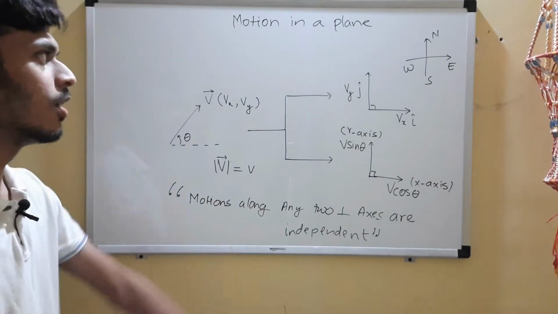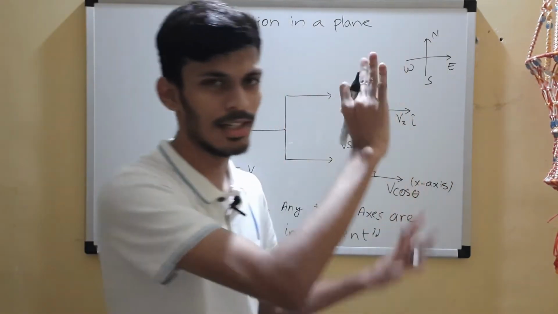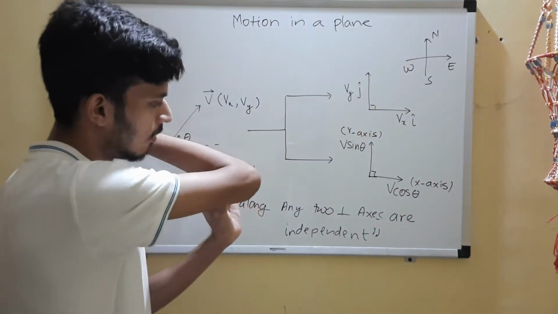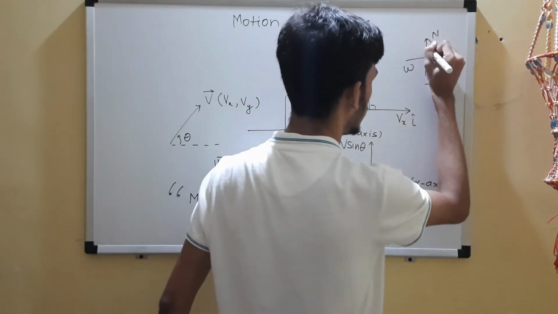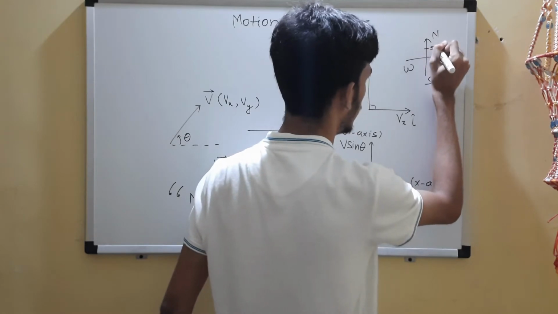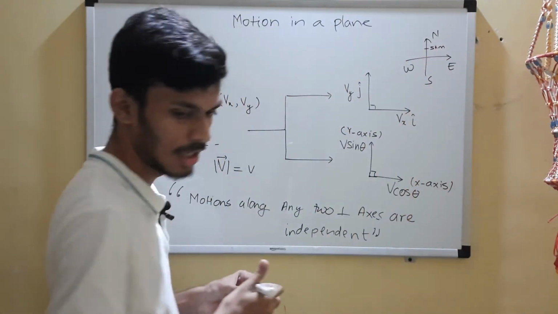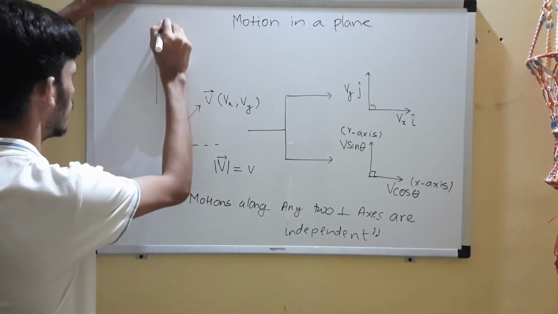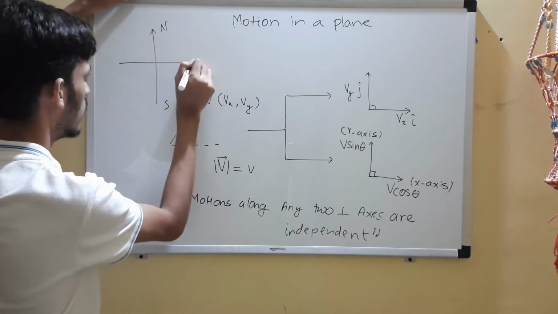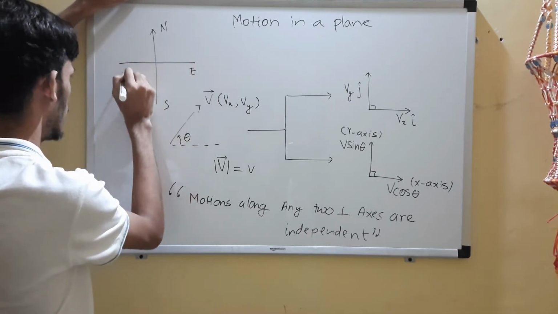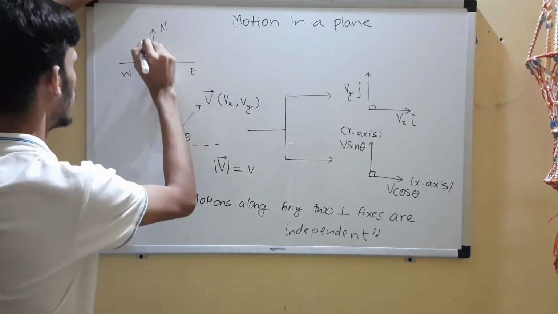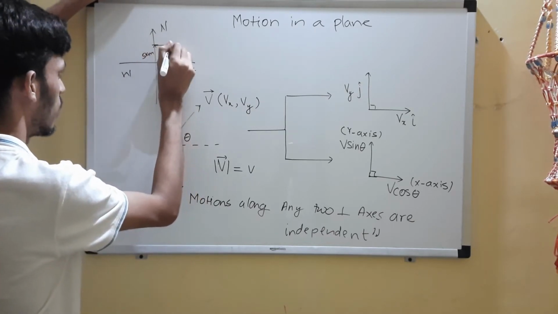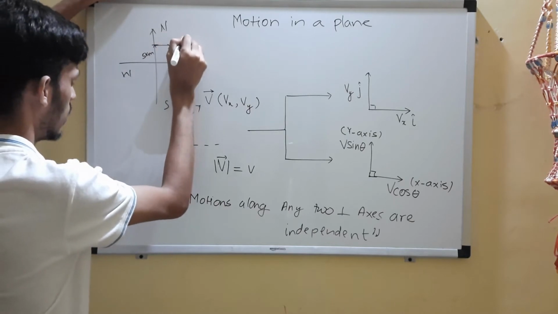Okay, and now if you move, I have drawn it in this plane. It's in the horizontal plane. Suppose we have north, south, east, west, and now you walk 5 kilometers in the north direction. Now you are here. Okay, you have walked 5 kilometers. Here you have north, south, east, and this is west. Now suppose you move 5 kilometers in the north direction, and then from there you move 3 kilometers in the east direction.